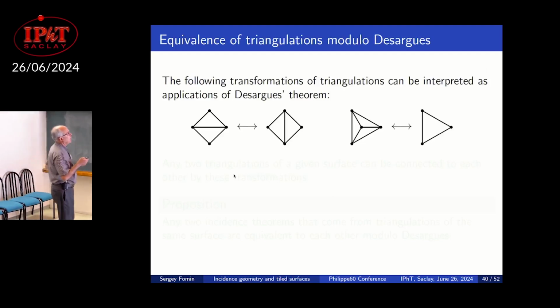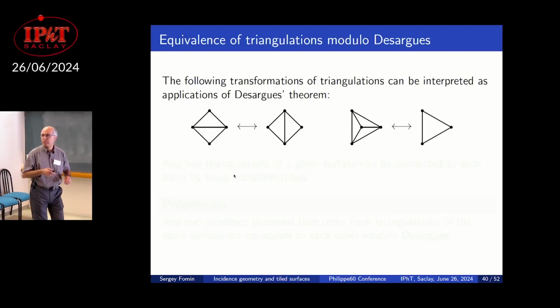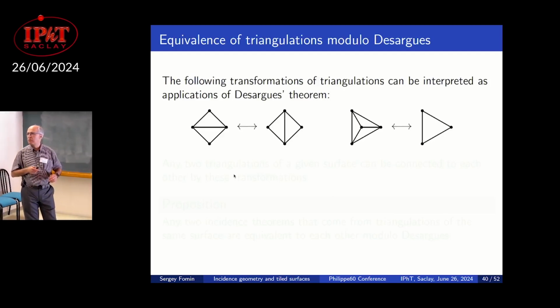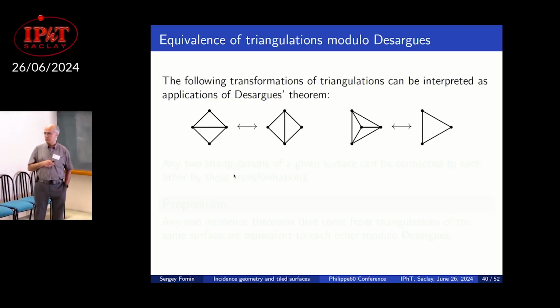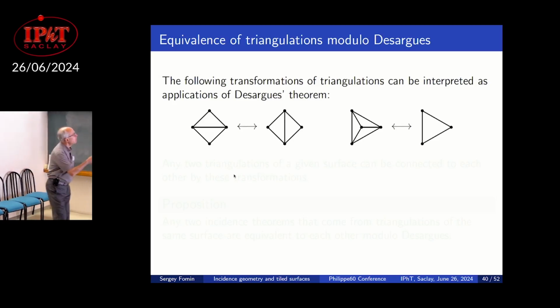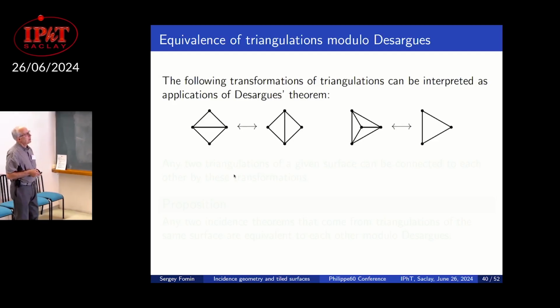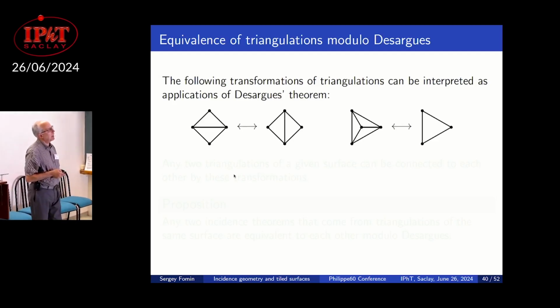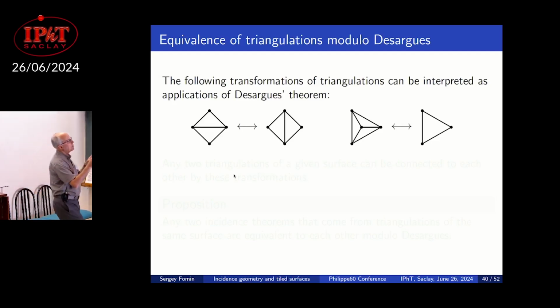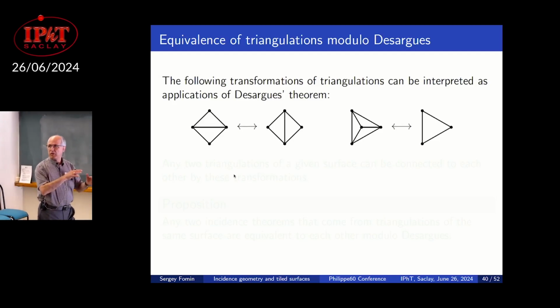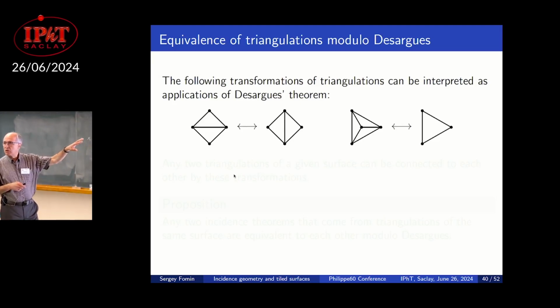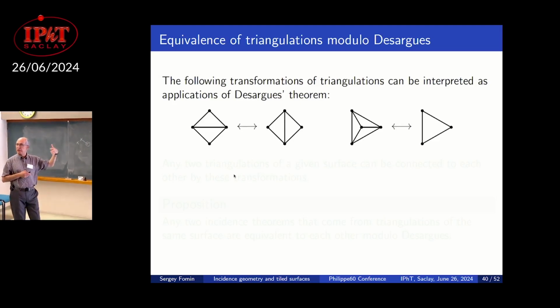Question. So, is that the simplest possible result on the sphere? Yes, trivial, correct. So these flips can be viewed as gluing in a tetrahedron. We pass from one triangulation to another using these things. This corresponds to gluing in a tetrahedron, which can be interpreted, by what I just told you, as applying Desargues' theorem.